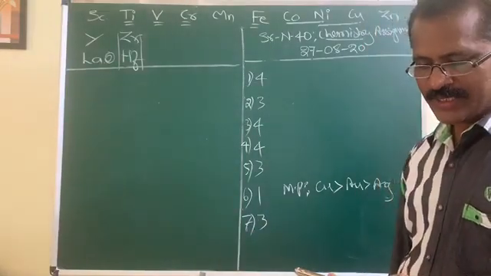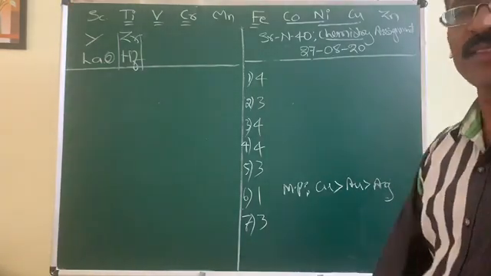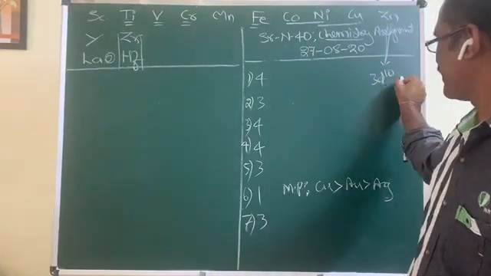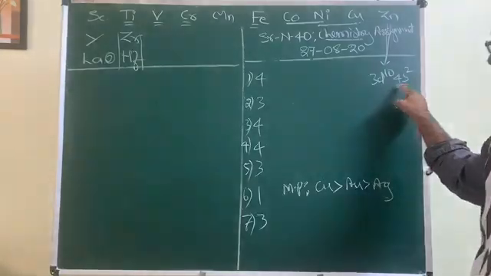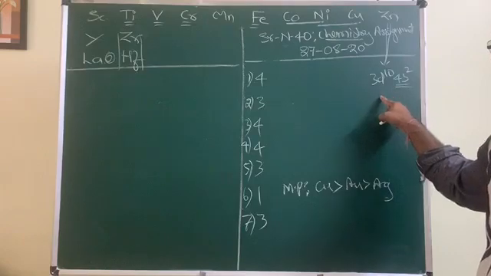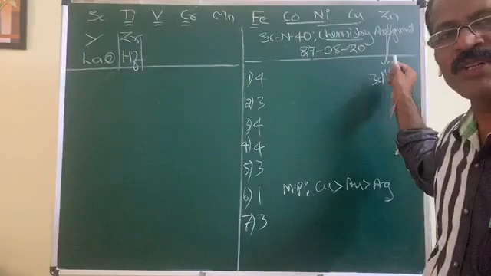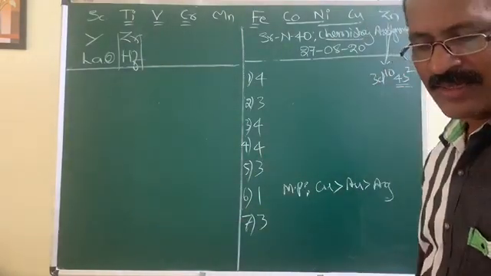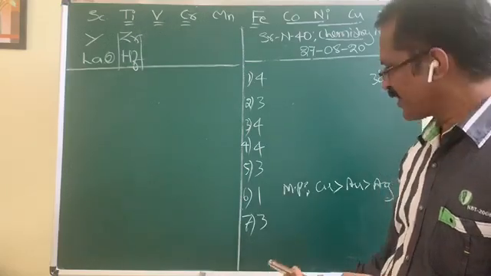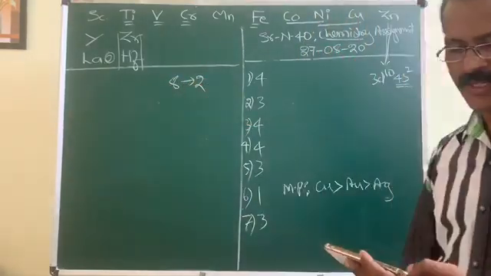Then the eighth one: heat of atomization of zinc is least among 3D series elements. Why? The reason is simple. Zinc's configuration is 3d10 4s2. So only 2 electrons are available for metallic bonding. Due to the completely filled d subshell, they don't get involved. Due to the participation of a lesser number of electrons in metallic bonding, the metallic bond is weaker, hence its enthalpy of atomization is lesser. The second option matches with this eighth one. For the eighth question, the second option is the correct one.